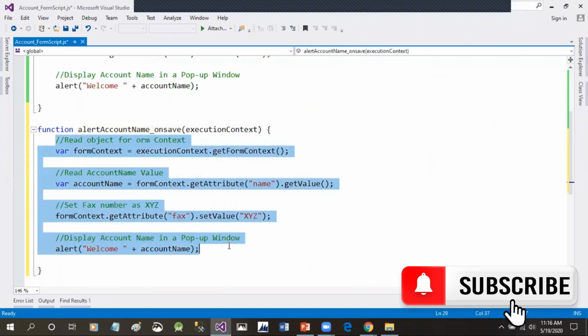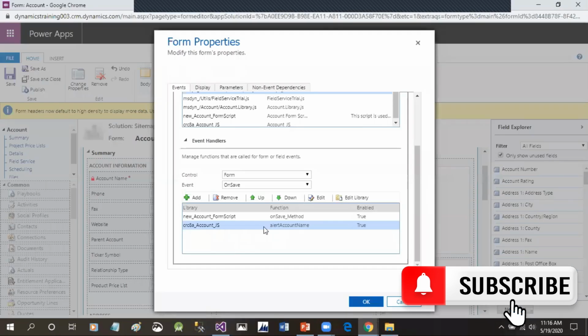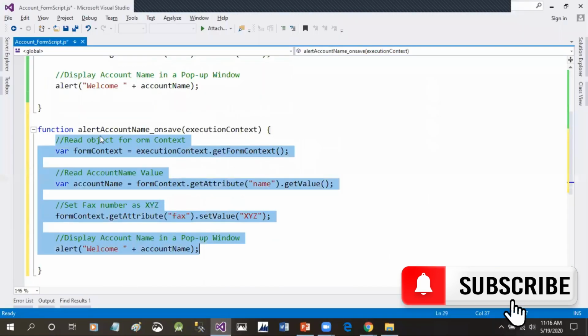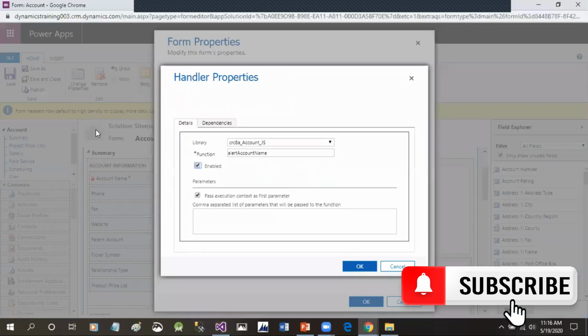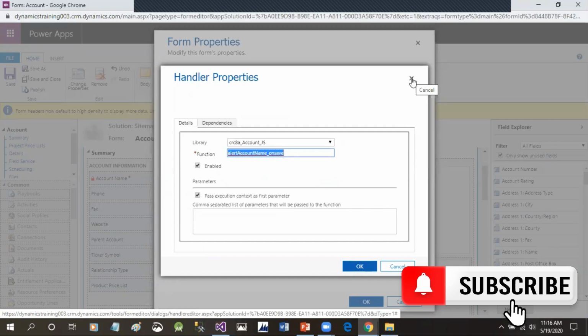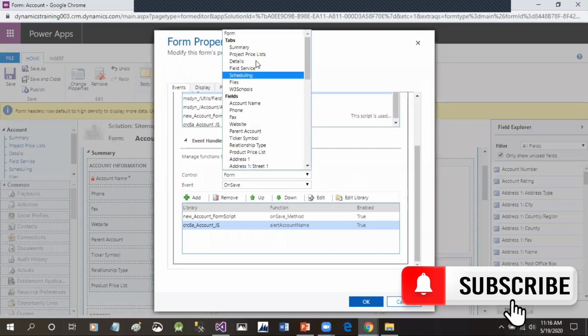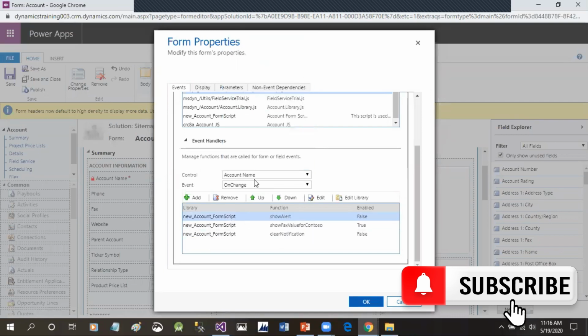Then you can select the specific function name here, because a JavaScript file can contain multiple methods. You can specify the function name using the same JavaScript file. So this is how we can associate different methods of a single JavaScript file, or of multiple JavaScript files, for an event. In the same way, we can also associate a field onChange function.